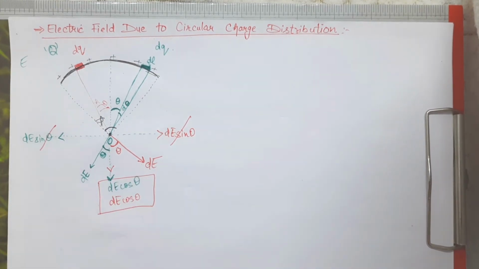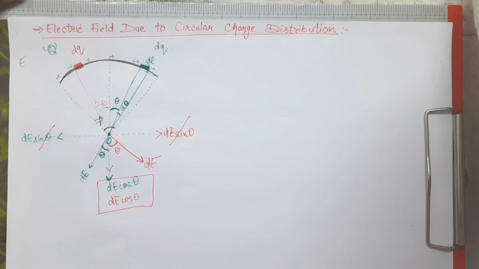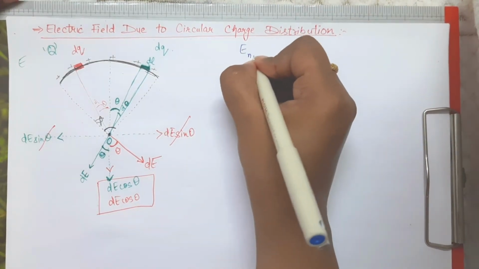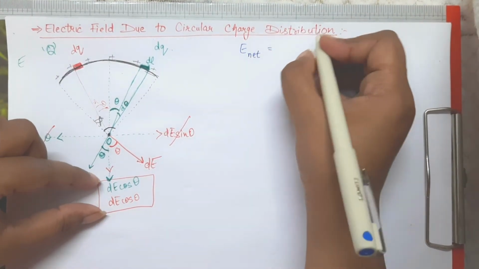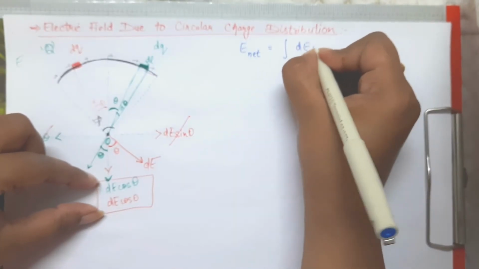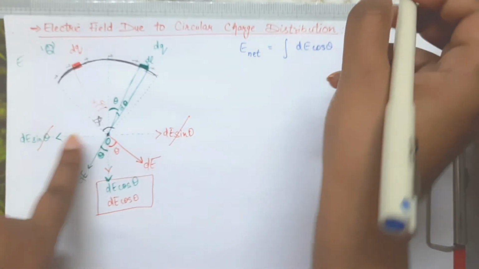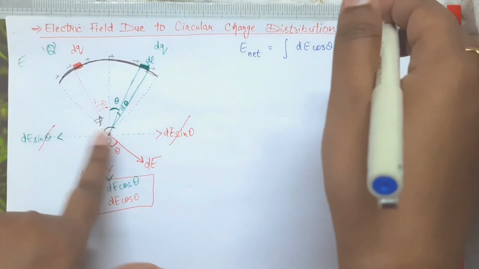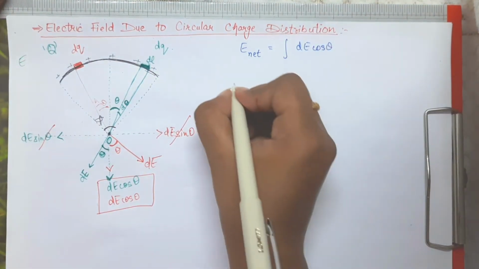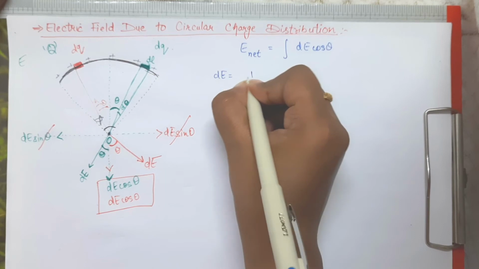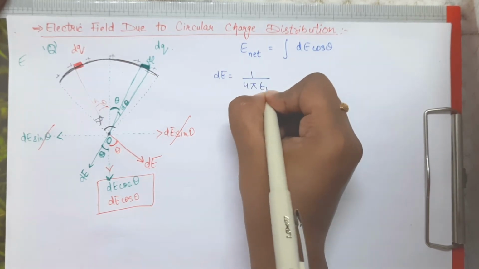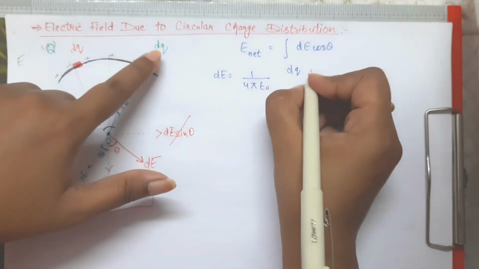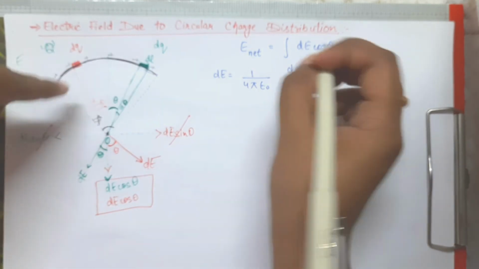So now what we will do is find E net, the net electric field, that will be the integration of these components dE cos theta, because the sine components will cancel each other out just like this one, right. So dE will be equal to what, 1 by 4 pi epsilon naught, charge is dq and distance,